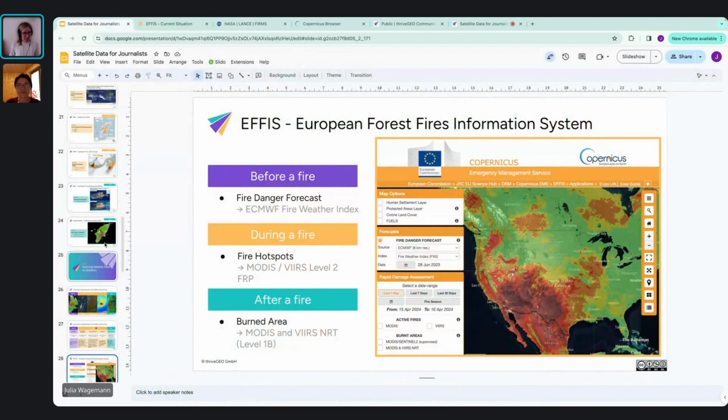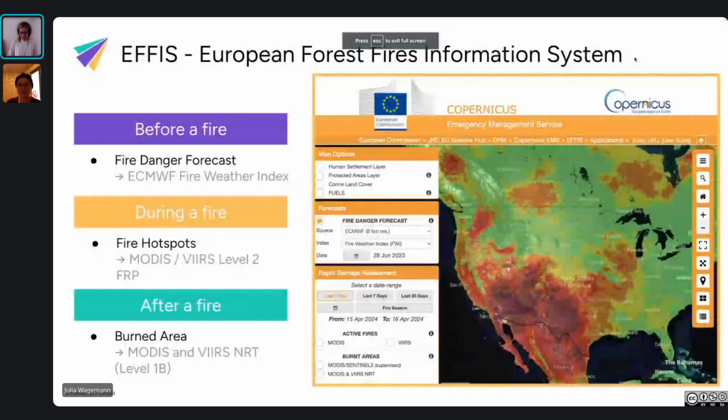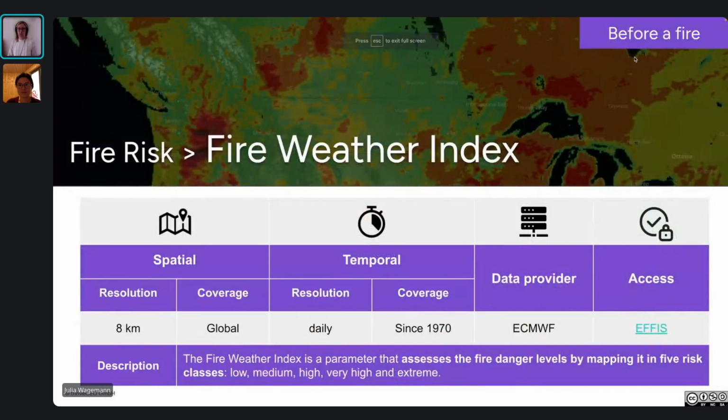Good. Then I will go back to the slides, and also just for your info, for each of the datasets we introduced, we also developed a kind of data fact sheet that gives you more information on what a parameter specifically is, the temporal and the spatial resolution, where the data comes from, and also the access portal.